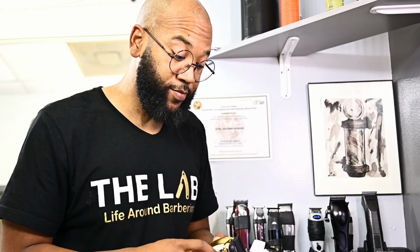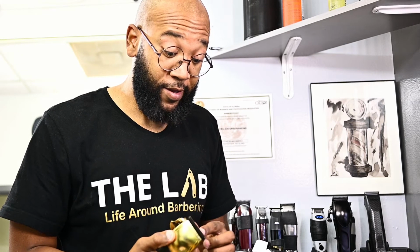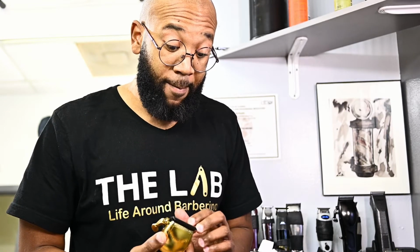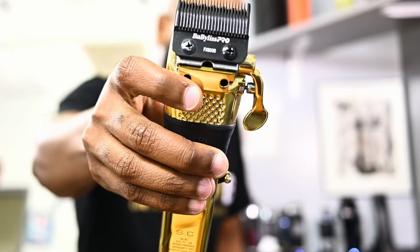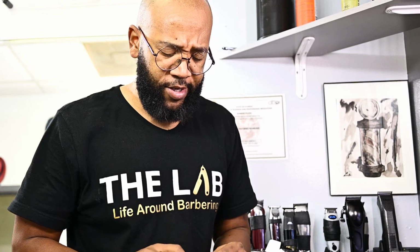But the secret to this clipper is not the clipper, it's actually the blade. And this blade is not a Stylecraft blade. Nope, I exchanged it. I did a lot of research on what blades I was looking for, and it's actually the BaBylissPRO blade. The reason I like this blade, also with the stretch bracket that gives me extra reach, is that